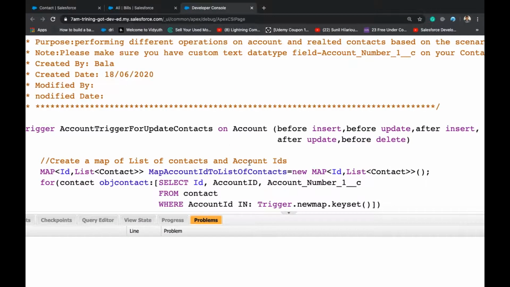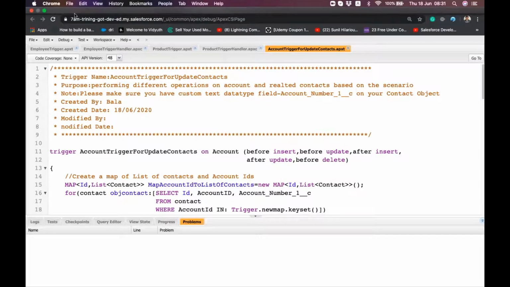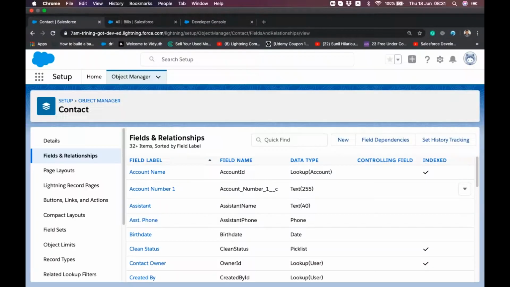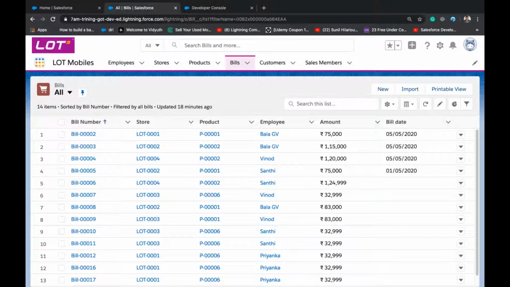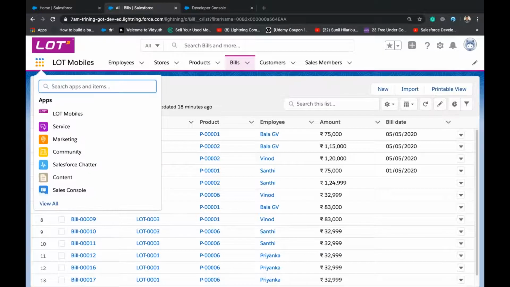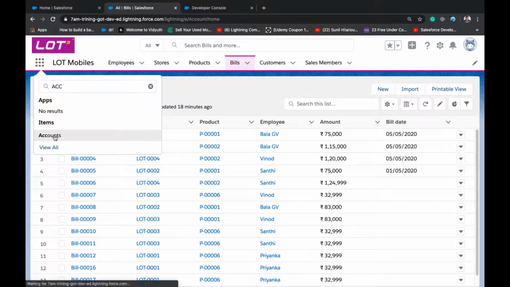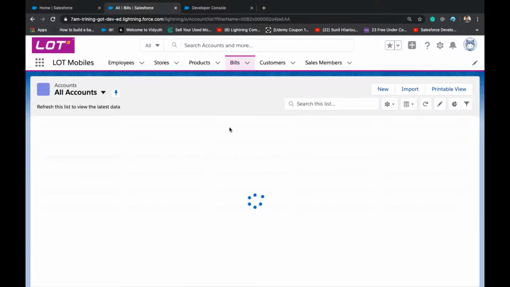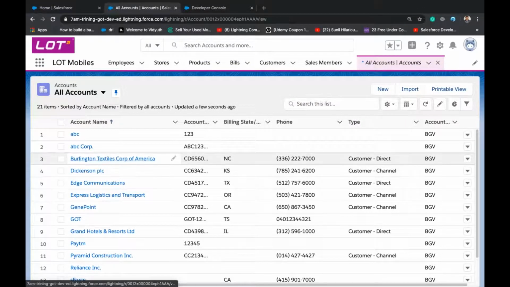So we'll try this trigger to execute. Let's go to account and contact. So let's see this.